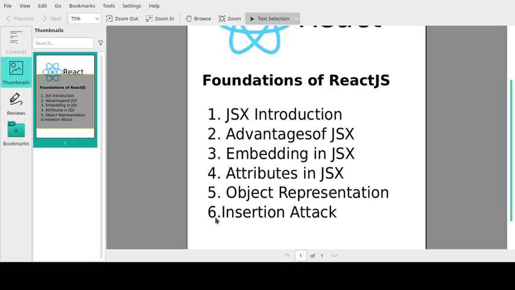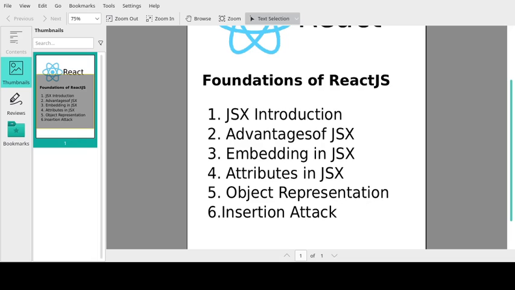It represents an object. Under the scenes, it uses Babel to convert the ES6 syntax into normal JavaScript syntax. Variables and other JavaScript expressions can be passed to a JSX expression.